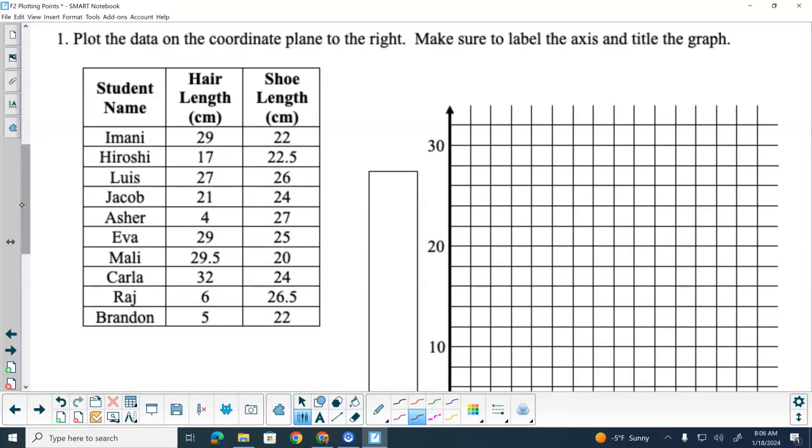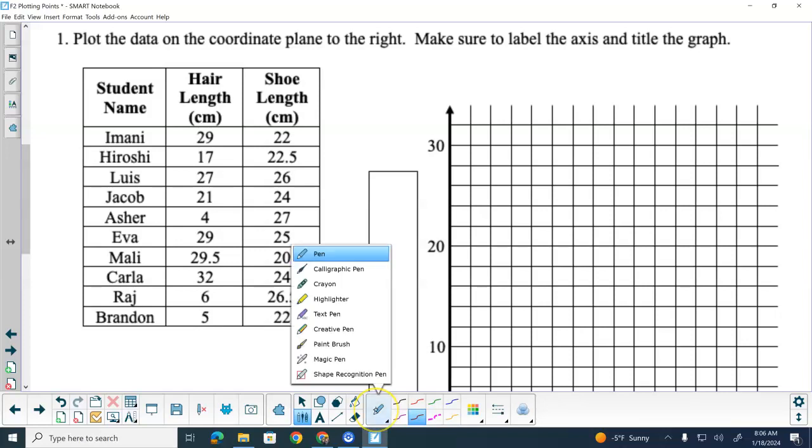But the first thing that we need to do before we even plot points, no, you're not. You're starting to plot points. I can see dots on your paper already. Okay? All right? Before we even do that, we have to do one crucial thing first. Okay? And that crucial thing is that we have to